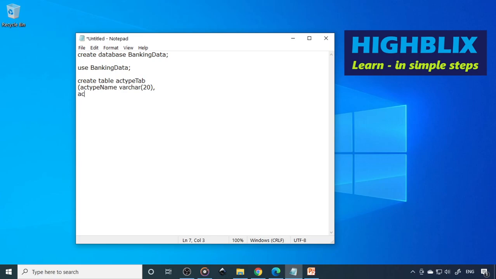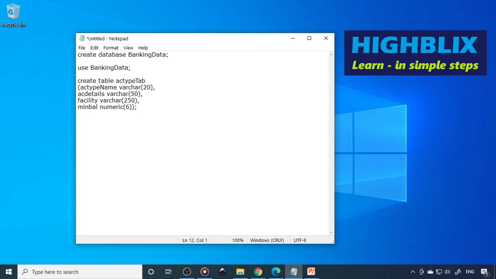Then account details. What this account is all about, you need to write it here. So varchar 50. And what are the facilities you'll get in this? That is facility, so this is varchar 250, so you can have more characters here. And the minimum balance: this you take numeric, let's say 6, and close the bracket. So we created one table. This is the first table.